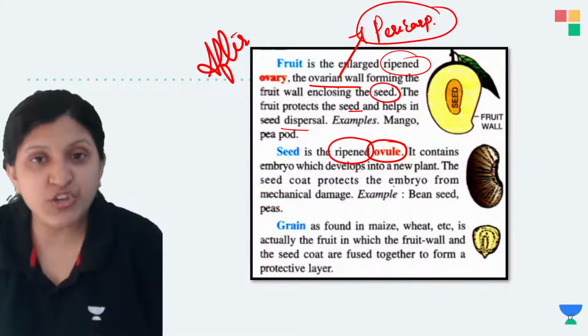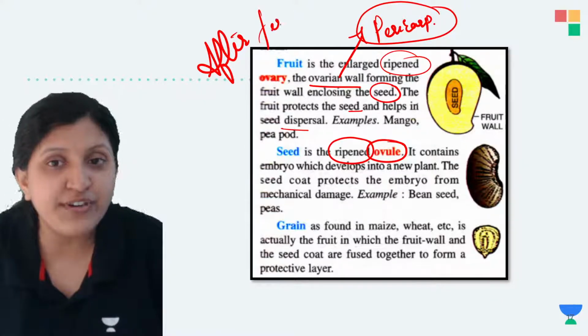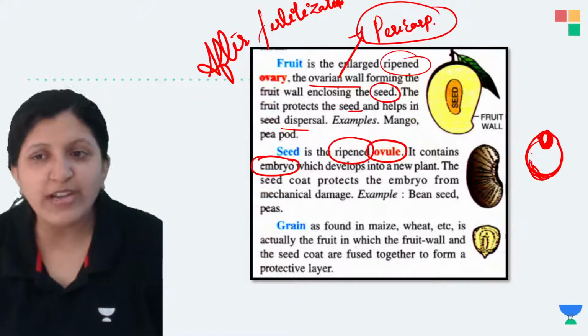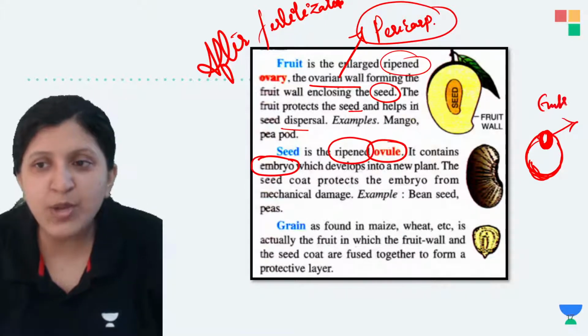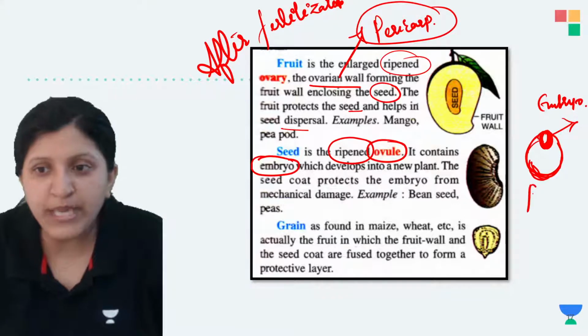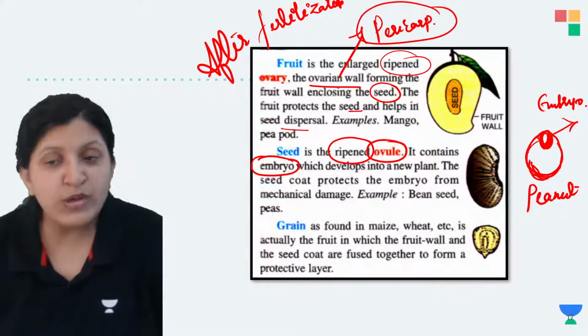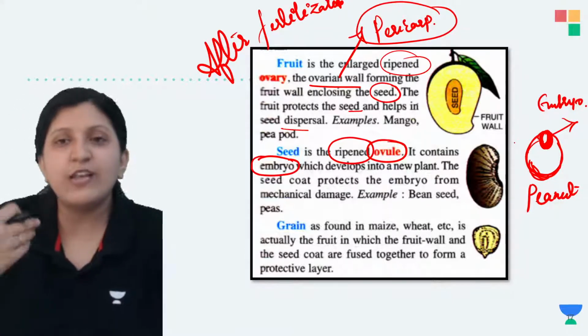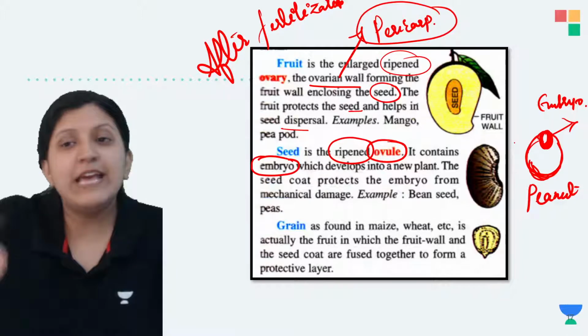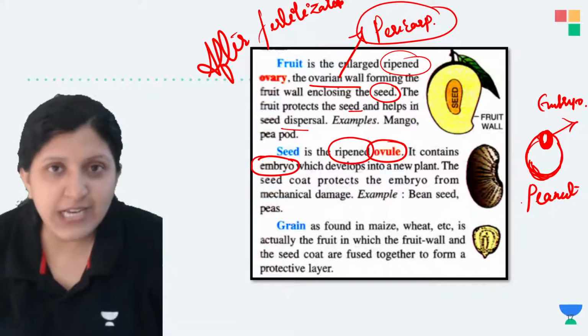Now when we mention a ripened ovule, this is a small eye-like structure. Okay, not an eye, it is the embryo. So this part is the embryo in a groundnut or a peanut. So in that case, the embryo is the one. If you are soaking it in water, then sowing this peanut seed in soil,